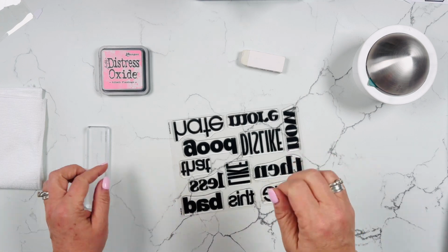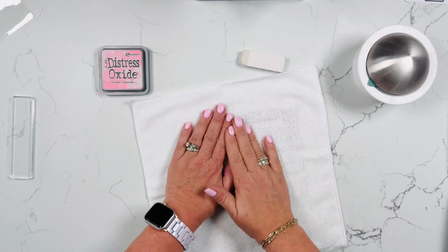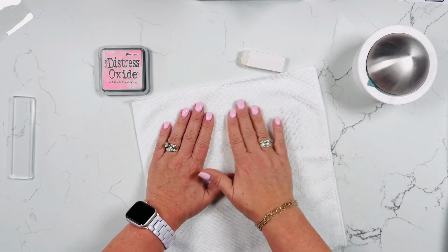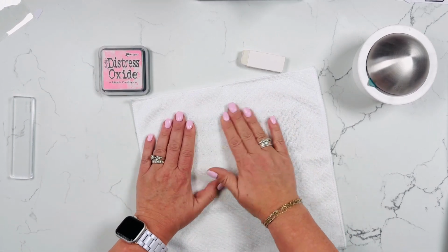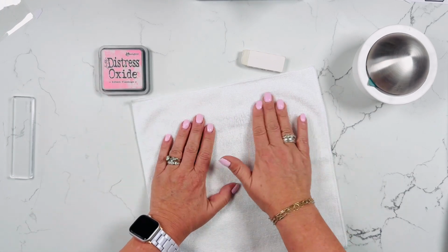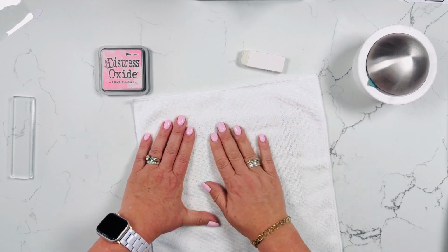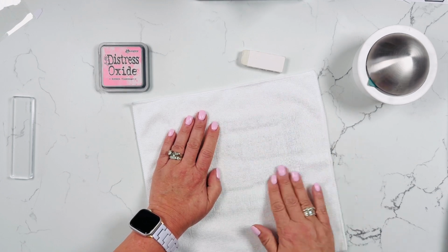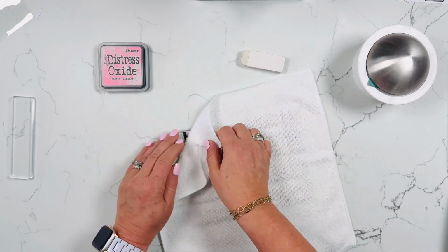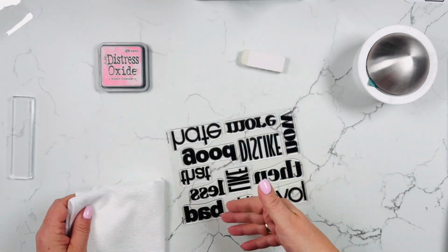All right, next thing that's very important is that you dry off these stamps. And I think that's an important part of the process, because if you are using a pigment-based ink, really any ink that is water reactive, as you are getting ready to apply your ink, if there's any moisture on that stamp at all, it could interact with the ink and maybe give you a different result in your stamped image than you might have thought otherwise. All right, so nice and dry, and I like to use a microfiber cloth because it's then not transferring any